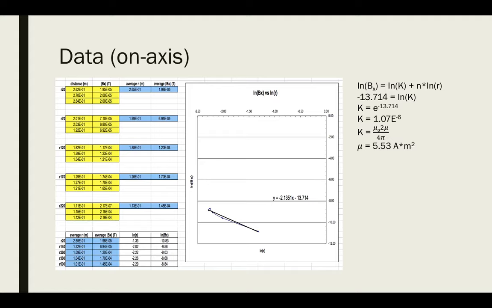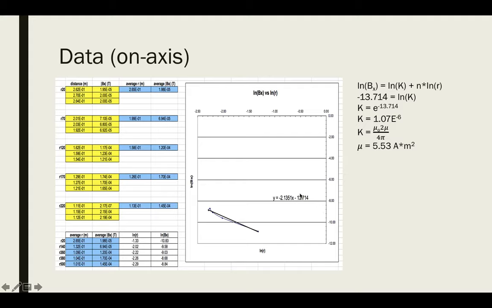So as for my on-axis data here, as you can see, my distances to achieve each field are here on the left side, and then the x value of each field is here on the right, and then the averages over here, and then the natural logs down here. And then entering this data created this graph,